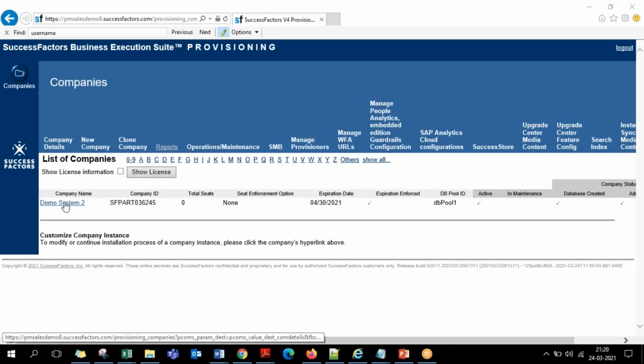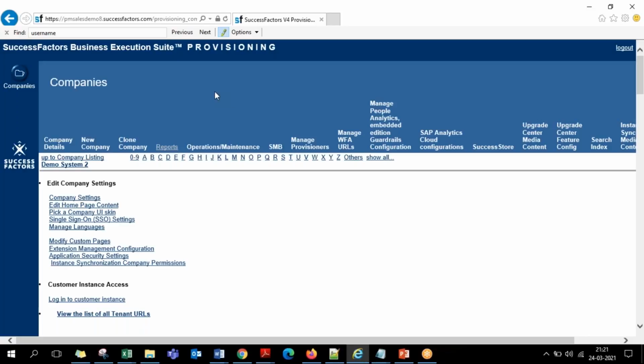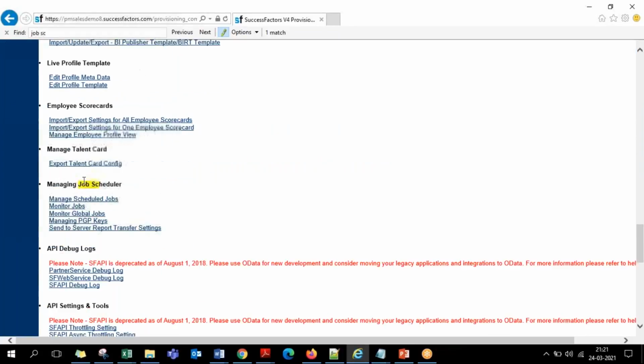Yeah, so this is our provisioning system. Let's go into the provisioning. And we already know last time for EC alerts and notification we went there. It is job scheduler. So here you have it, managing job scheduler. The first one, manage scheduled jobs. If we just go for this,